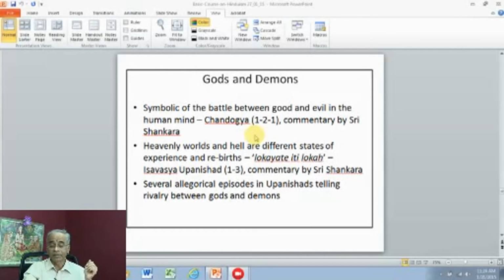And the authority is, I am referring to this Chandogya Upanishad, where the commentator Shankaracharya tells in great detail what a god is and what these gods and demons are. So he says that the battle between these gods and demons is a sort of symbolic description of the battle between good and evil in one's own mind. Because in the human mind, there is always a battle between good and evil. Of course, if you are a small child, there will not be any great battle between good and evil. As the person grows up,